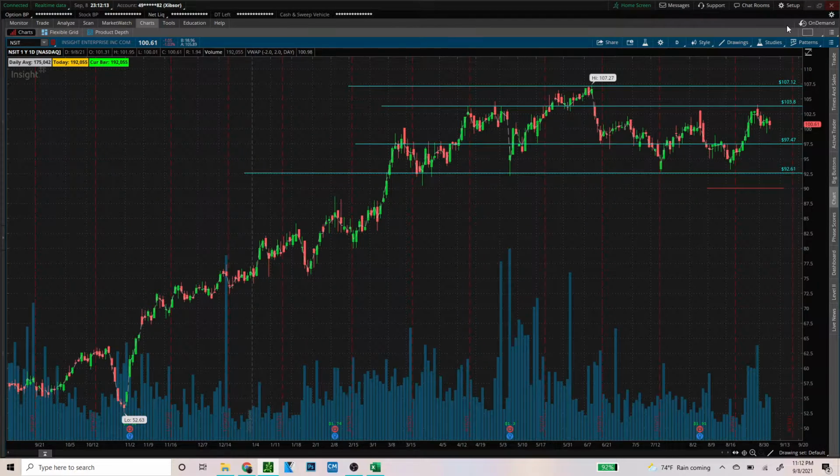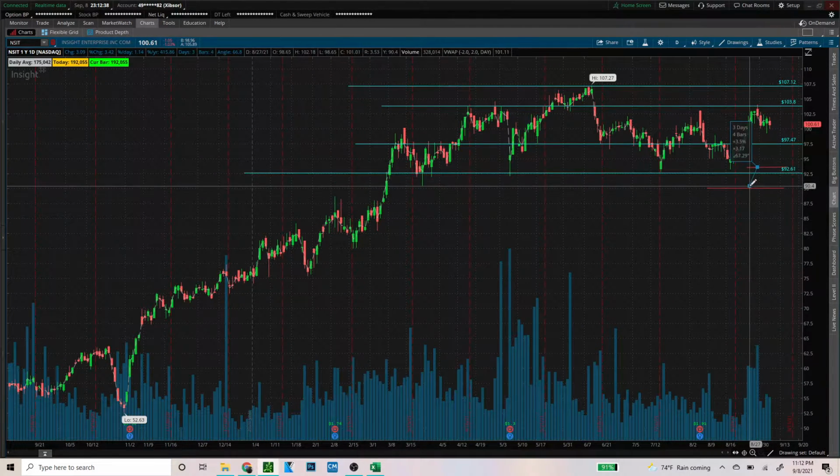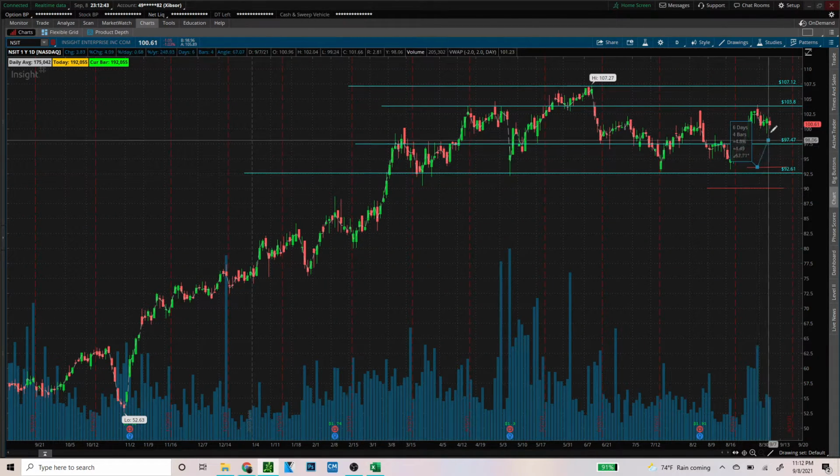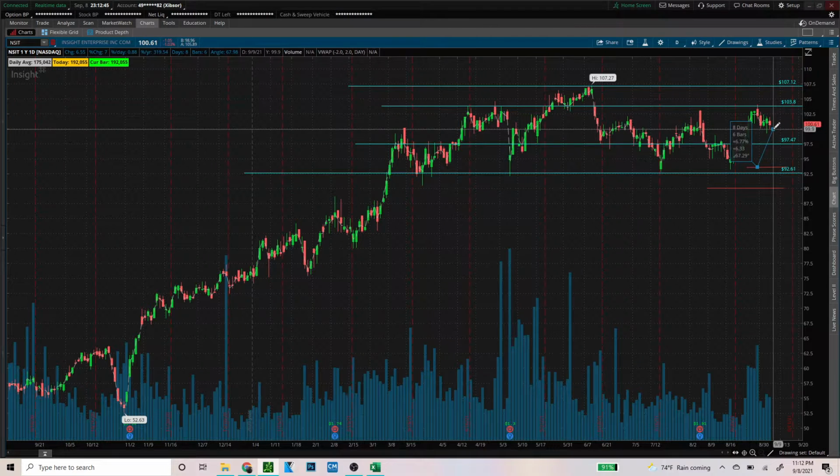If we want a 2-to-1 ratio, we put our stop here, and we want to target a price all the way up here to 2-to-1. It's going to have to be a lot higher. Or we can wait for a scenario when it gets a lot closer till we see a better risk to reward ratio. So let's say we bought this thing at $92. Well, let's do 93. We bought it at $93. The stop loss would be right here at 3%. And the target would be right here at 6%, which is a 2-to-1 ratio,